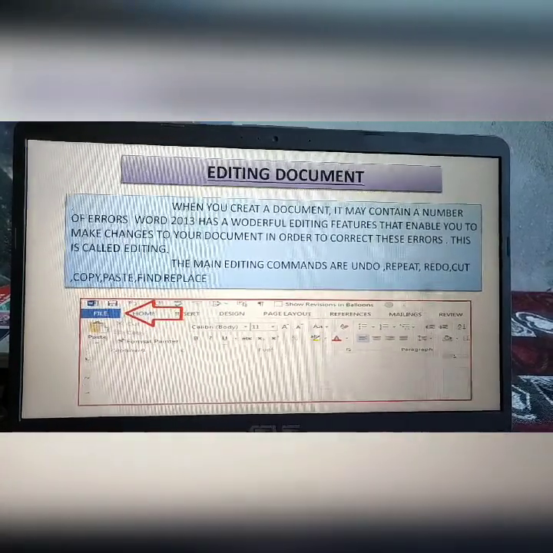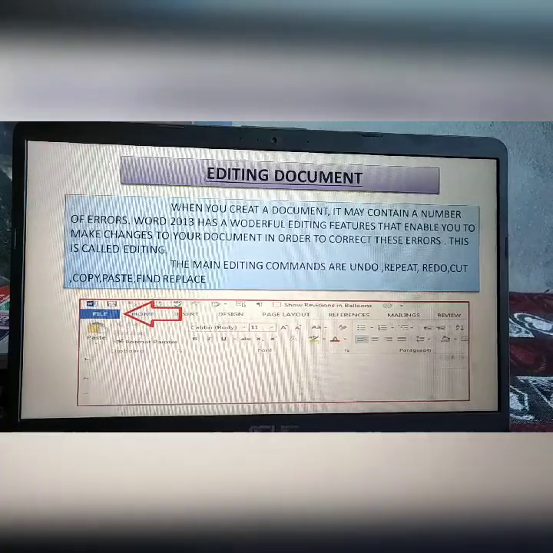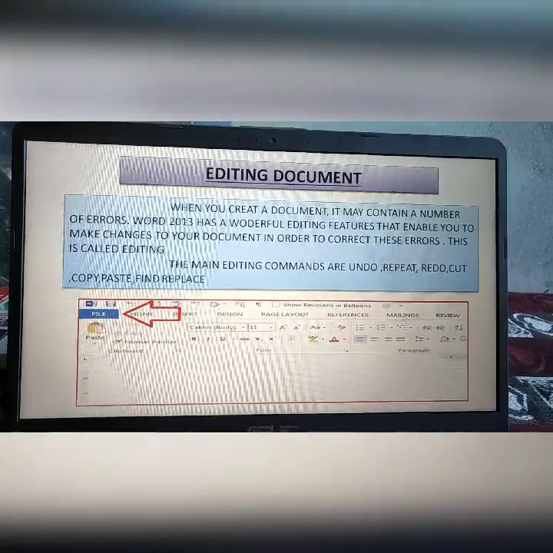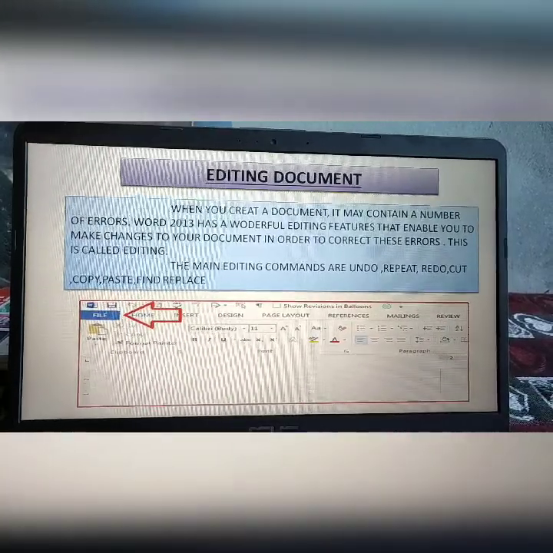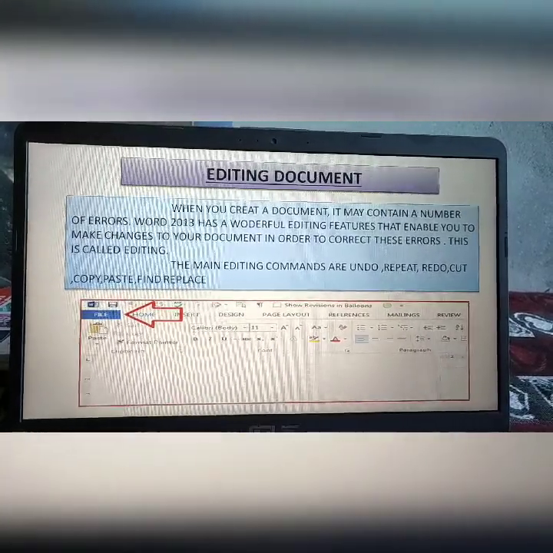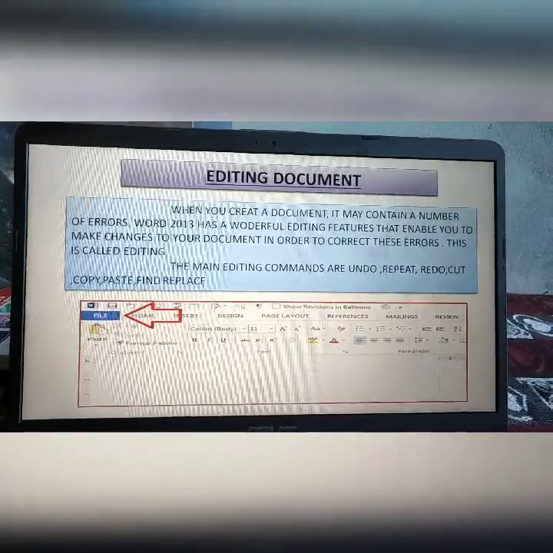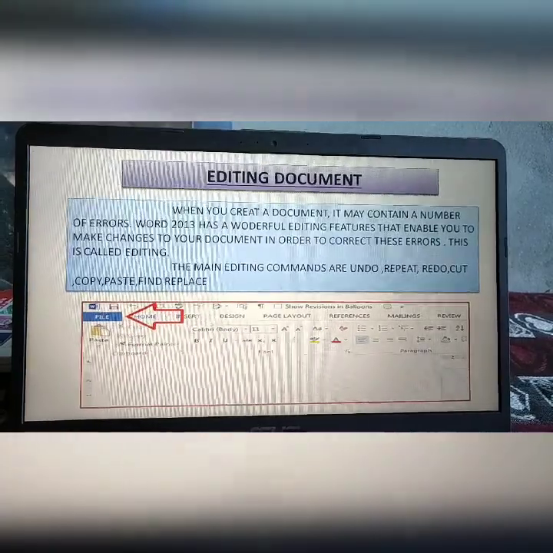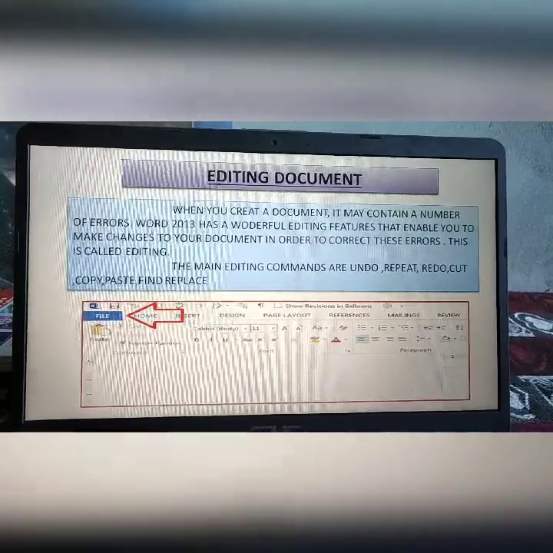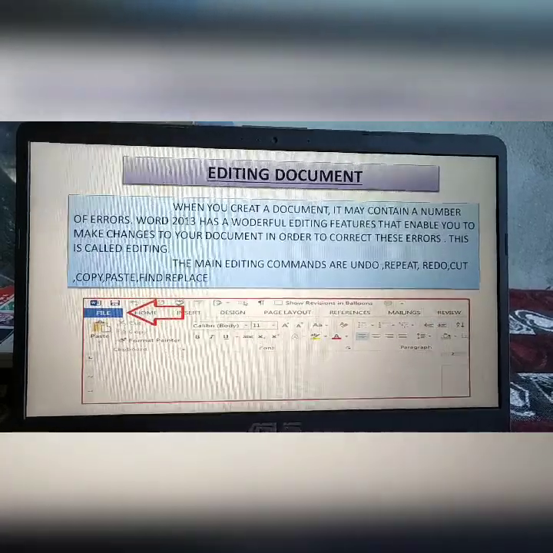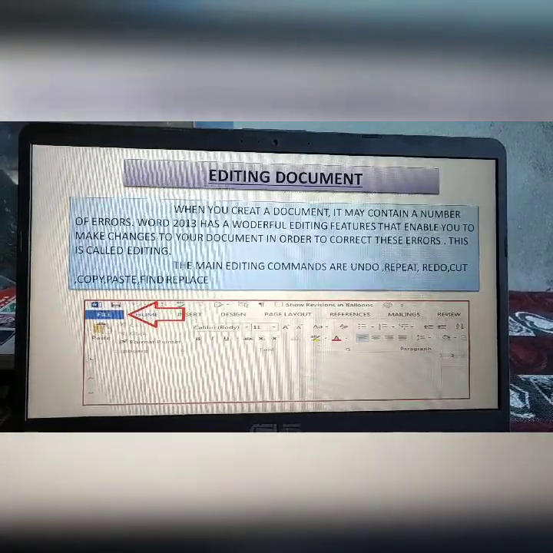Before going to editing commands, first we will know what is a document. Do you know what is a document? Document means whatever you have written in your computer, that is called a document. So when you create a document, it may contain a number of errors.